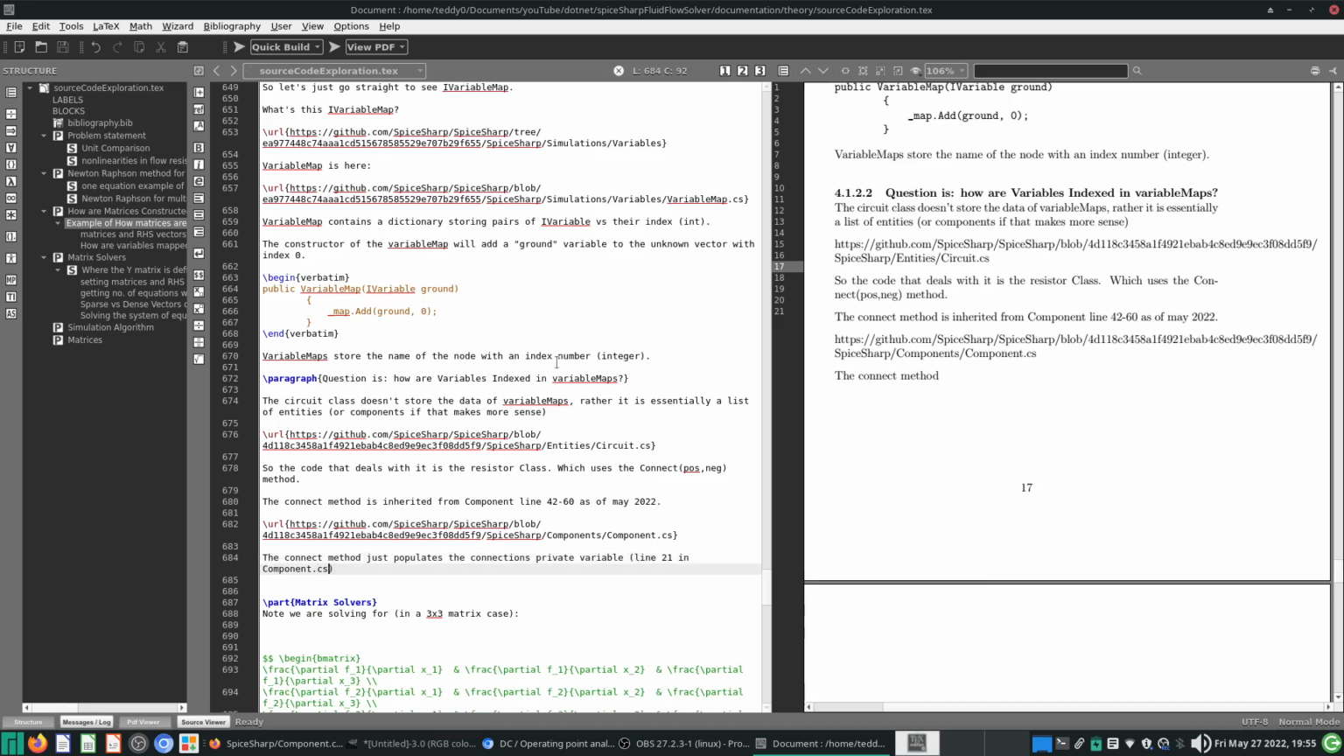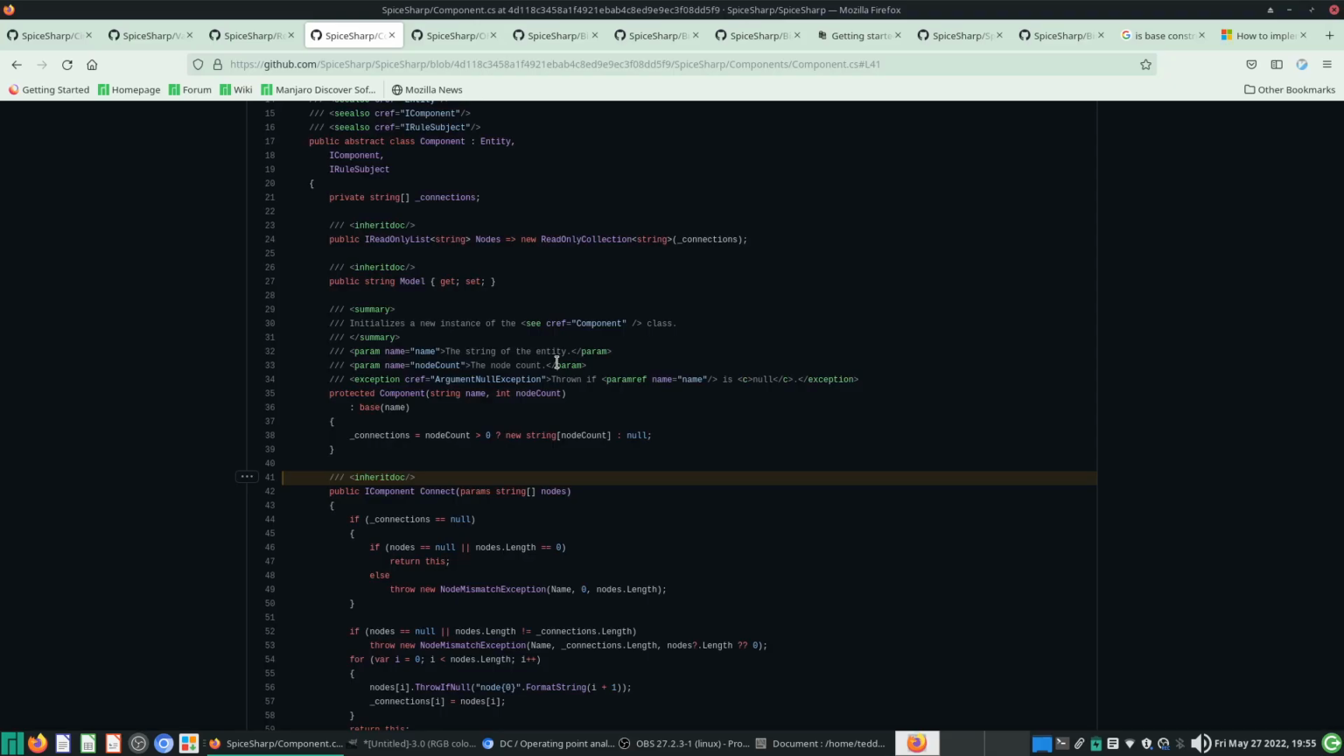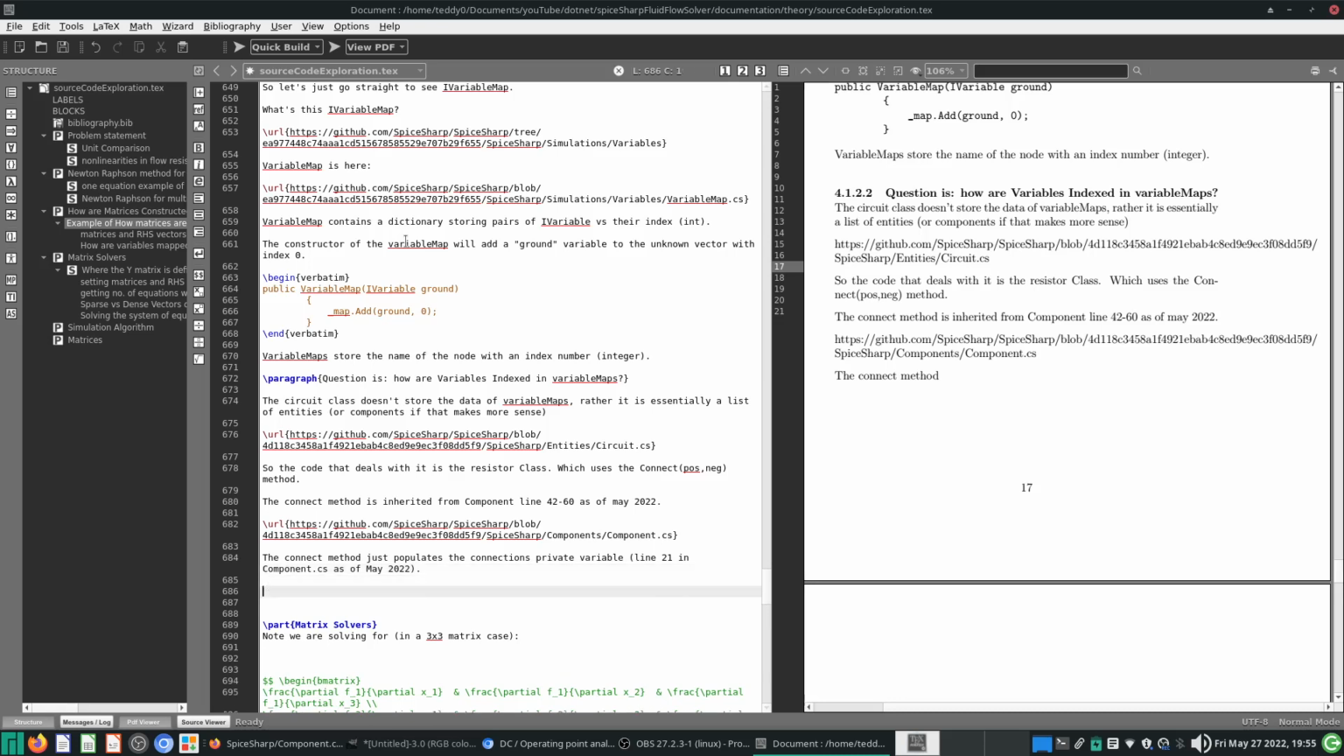Okay, as of May 2022. So it just populates it here, and if you want to access the connections private variable, what do you do? Okay, the thing is that you call the nodes method